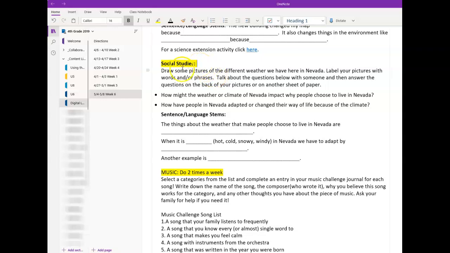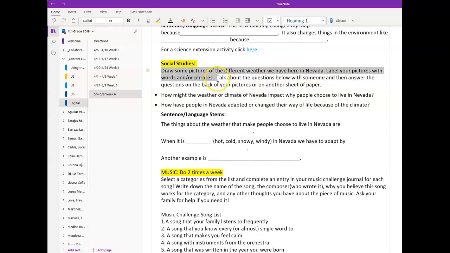So this is our social studies. So our social studies has these directions. Draw some pictures of the different weather we have here in Nevada. Label pictures with words or phrases. Talk about the questions below with someone and then answer the questions on the back of your pictures or on